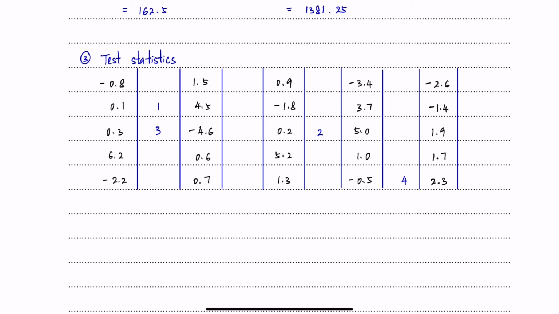And since it's a negative value, we would add a negative in front of our 4. So 5 would be 0.6. 6 would be 0.7. 7 would be 0.8. 8 would be 0.9, 9 would be 1.0, 10 would be 1.3, 11 would be negative 1.4,